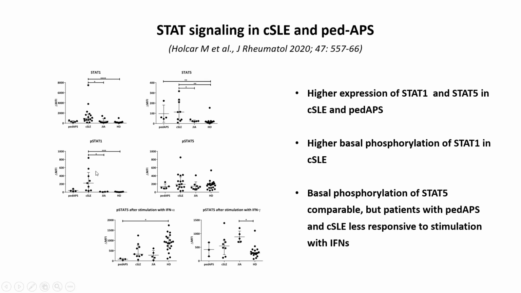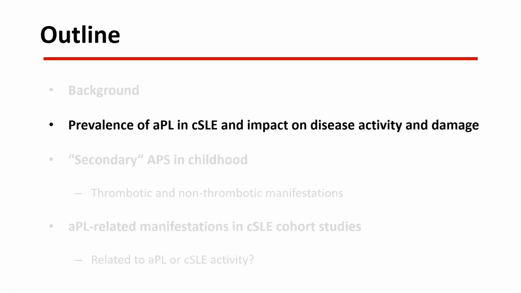Particularly patients with childhood onset SLE had higher basal phosphorylation of STAT1. What was somehow striking, comparable to healthy controls, was that upon stimulation with interferon alpha, there was no response or significantly lower response as compared to healthy controls in patients with SLE as well as in patients with pediatric APS. So in patients with APS and SLE, there is definitely a significant overlap also in some pathogenic mechanisms, and it is difficult to somehow